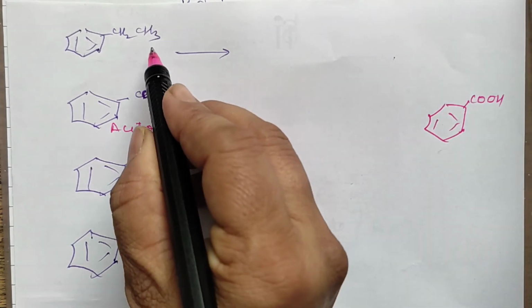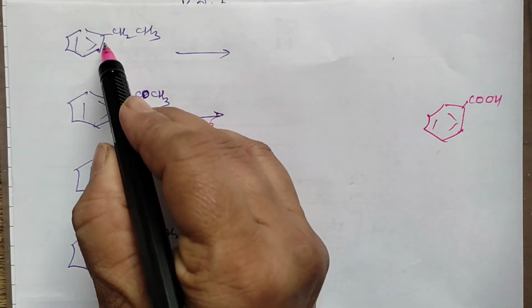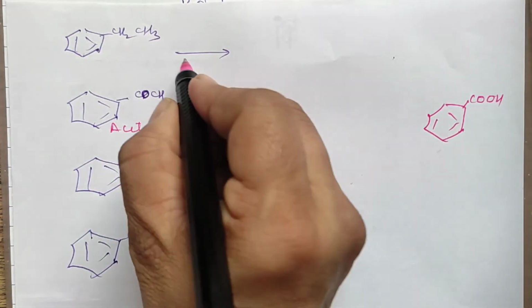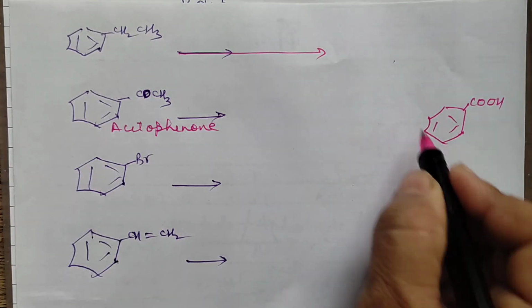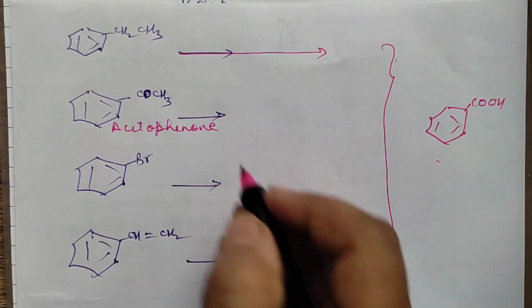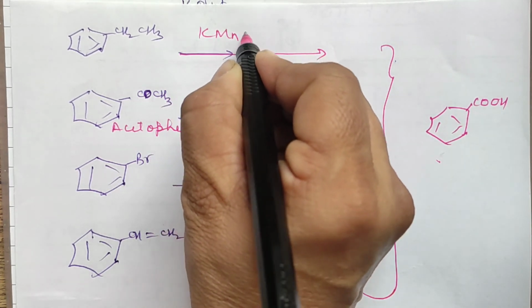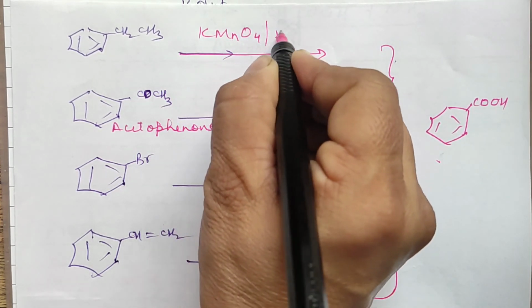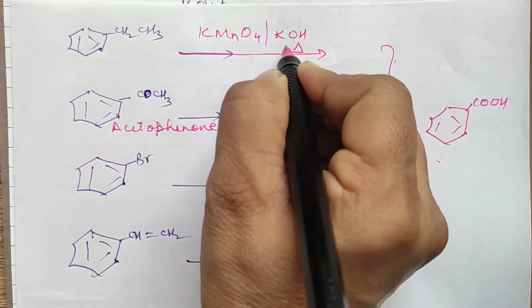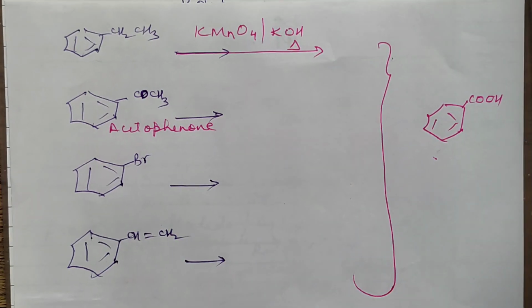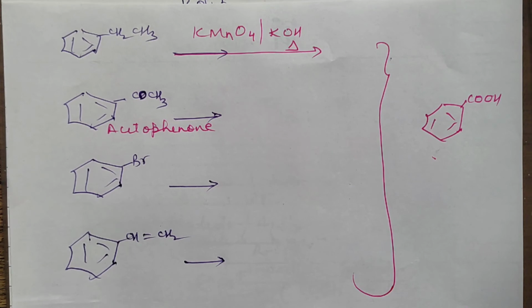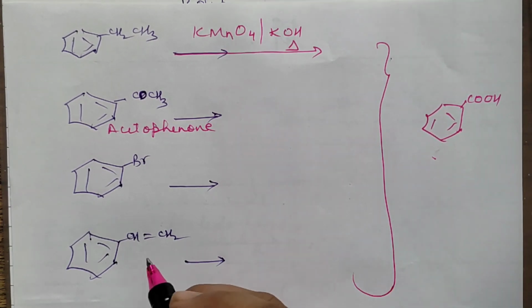The first one is very simple. Just now I told you alkyl benzene. Any alkyl benzene, how are you going to convert? In all the cases the product is benzoic acid. So I'll be just writing on the arrow, this is in the presence of KMnO4, KOH. I told you just now, when you heat it in the presence of KOH and KMnO4, whatever be the number of the alkyl radical, all get converted to one carbon acid, COOH.